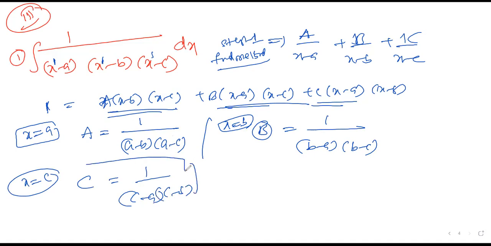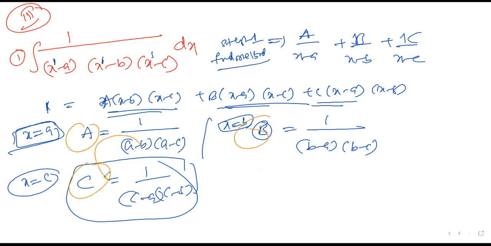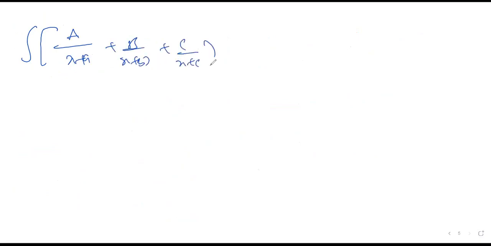How did you get the A, B, C values right now? Just by analyzing and substituting values. Now let us carry forward these A, B, C values. These you just need to substitute in the given question, at this particular location. Now let us go to the next page. I'll directly apply the values to the question. Here you have A by x plus a, B by x plus b, and C by x plus c into dx.